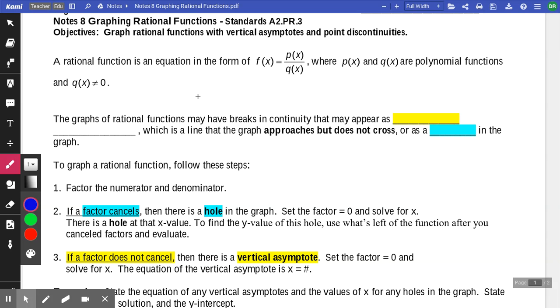And so anytime that we get a 0 in our denominator, our graphs are going to do something interesting. We're going to have breaks in their continuity, as we call it. In other words, we're used to graphs just being able to move side by side. But in these cases, if there's ever a time where we divide by 0, something's going to happen to that graph. And so let's get a brief look at what could happen. One of two things, actually. We could have what are called vertical asymptotes,